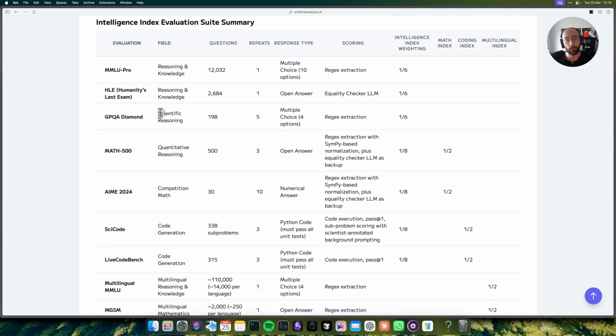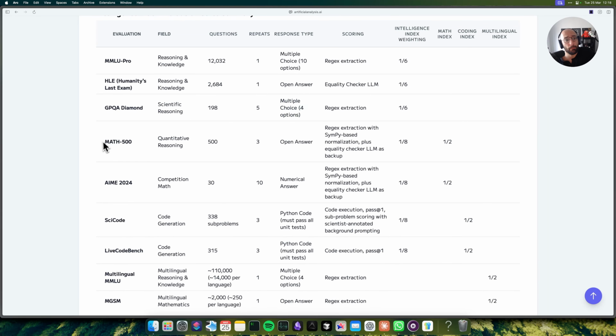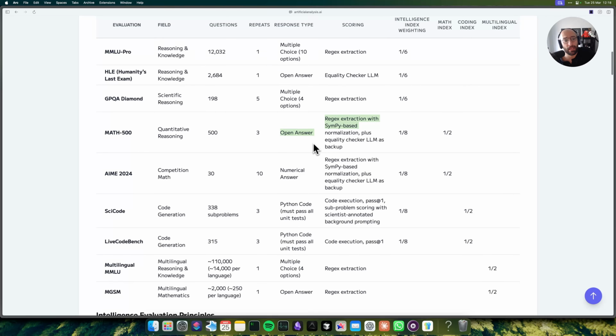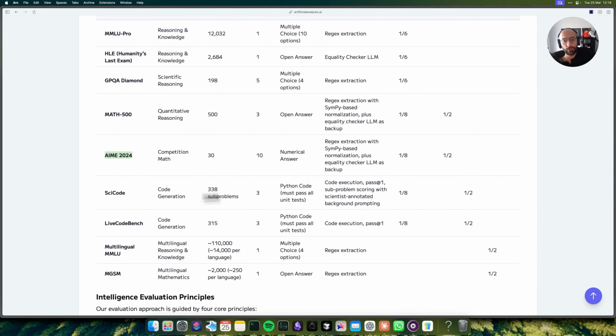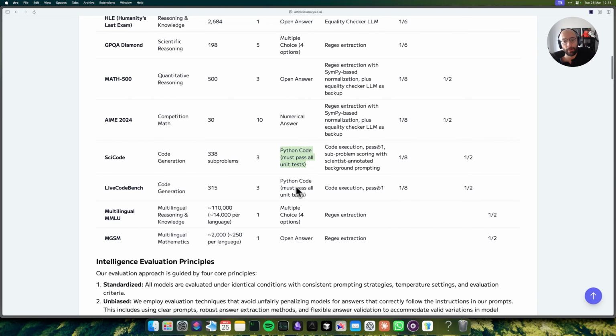And then for scientific reasoning, which is like graduate level questions about chemistry, biology, physics, etc., the models did very well on multiple choice. And then for math, they can do open answers in math. They can do numerical answers. And for code, you can take a look, they're very good at generating Python code on different